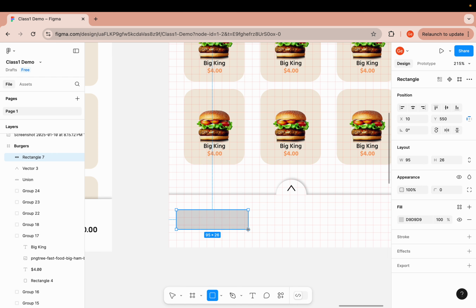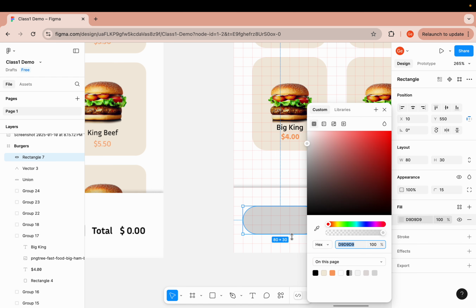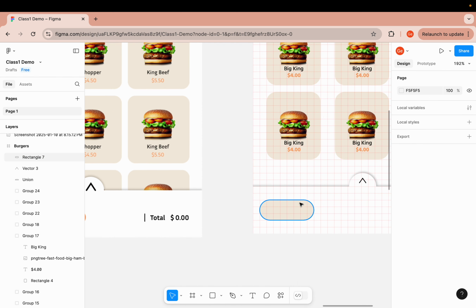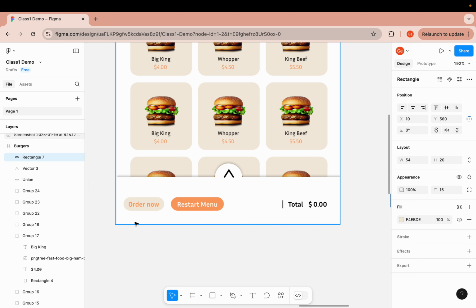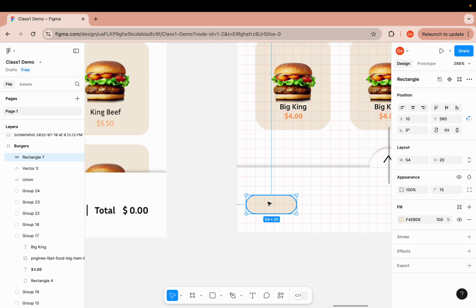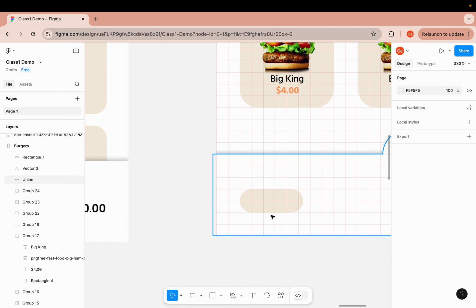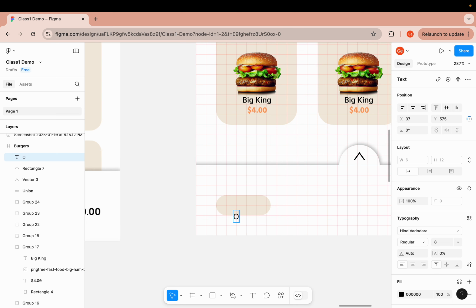Let's draw a button. It's very easy to create. Yeah, you can give it a radius, and you are going to fill in with the color. It's using this color here. It's already listed here. Yes, probably it's not that huge, so we will just follow the example, right? But for your own design, when you are designing your own kiosk, you can decide how large it would be. Under the text,